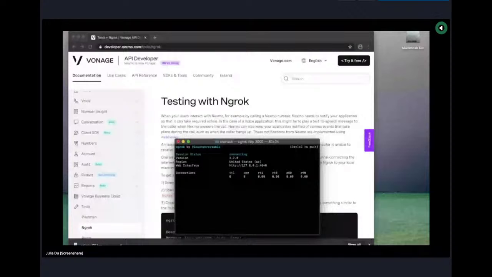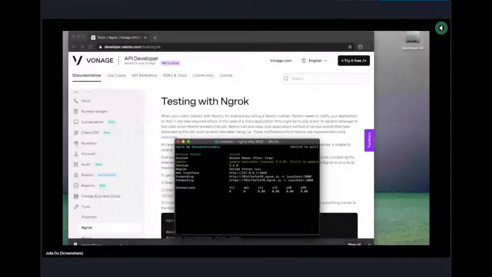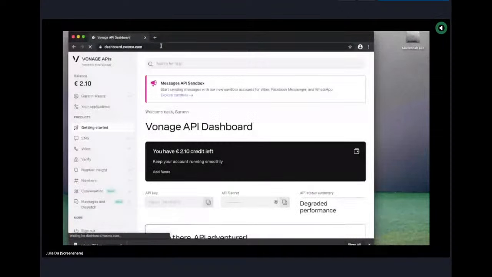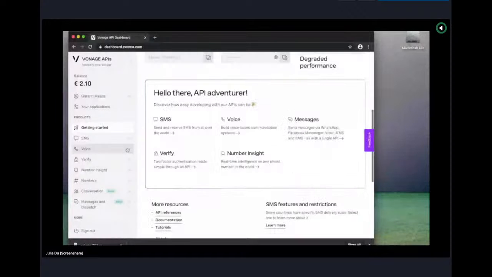Once you do that, you're going to see that you get all this information here, most of which is cool URLs that you can copy and paste into places. And you'll see that these URLs correspond to localhost port 3000. And so you have this secure HTTPS URL. We can copy that, and then we're going to come over to the dashboard again. We're going to use this for our webhooks, so we're going to need to paste it into the messages sandbox